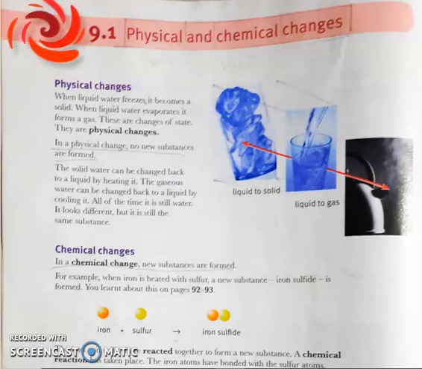Good afternoon, children. So, today we are going to learn a new chapter in chemistry. It's about material changes. We know there are a lot of changes occurring in our world. So, in chemistry, we can classify changes mainly into two, that is, physical and chemical change. Okay. So, now we are going to differentiate between a physical change and